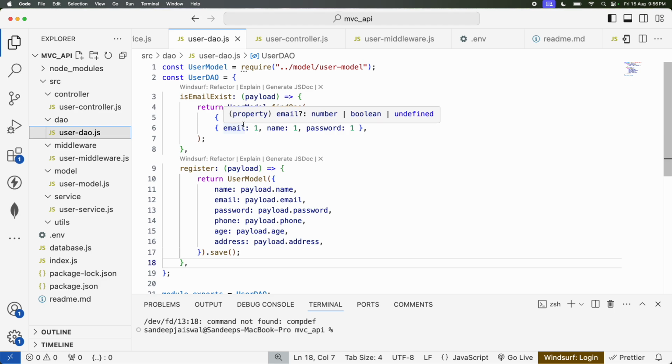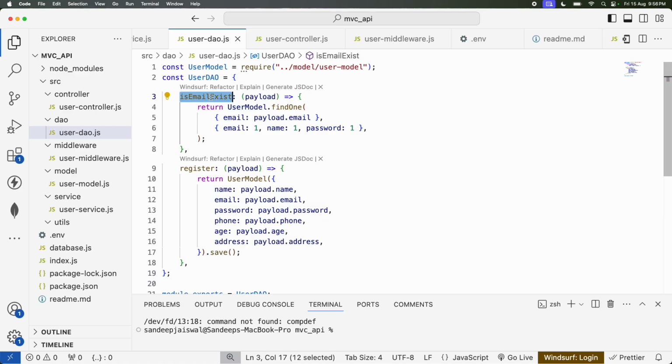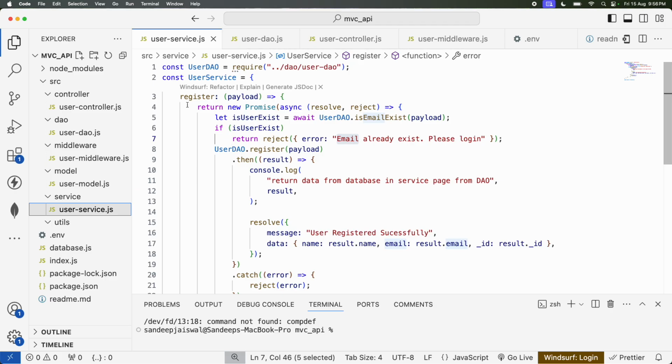I don't think we need any extra method in the DAO page, because with this email exist itself we will get the data, the email and everything, the password, right? We'll get the data in the service page, and then with both we can check and compare whether it is successful or not, right? I think we don't need any login, so directly we'll jump into user service and we'll try to